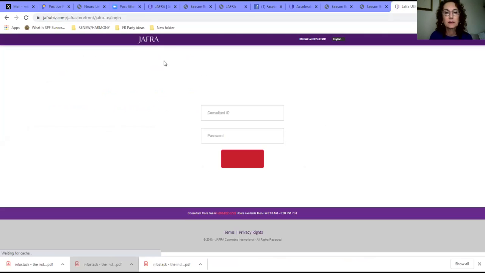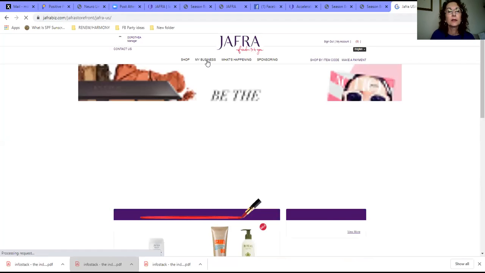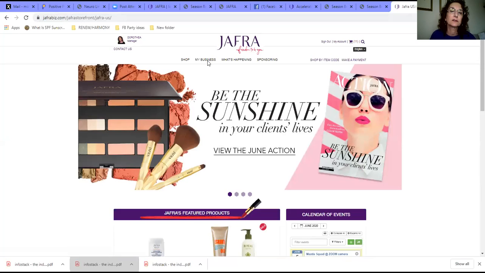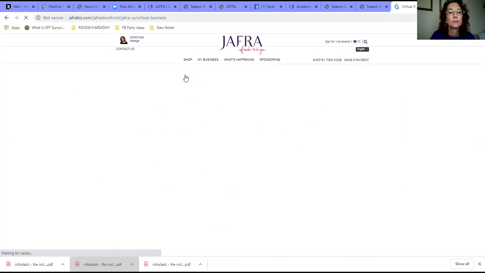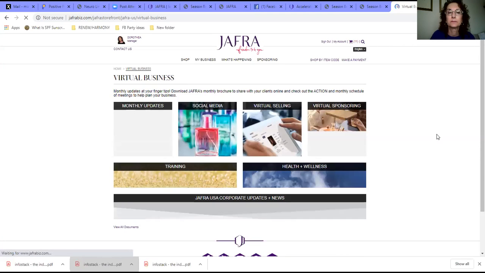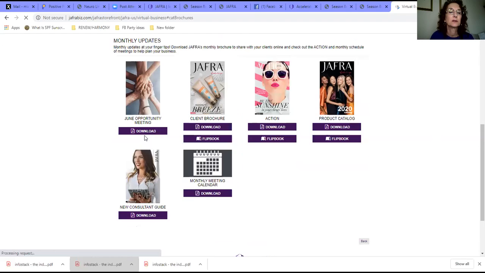So of course you have to sign in to your Jafra Biz. And then you go up to My Business. That's where you see your back office for Jafra. See, everything there. That's where you order. It's where the brochures are. You click Virtual Business. And this is what Jafra has been putting together. So if you're used to finding things on JafraRoyalty.com or social.jafra.com, they are moving all those materials to this particular area. Monthly updates are where you will see all the brochures, the June business meeting,